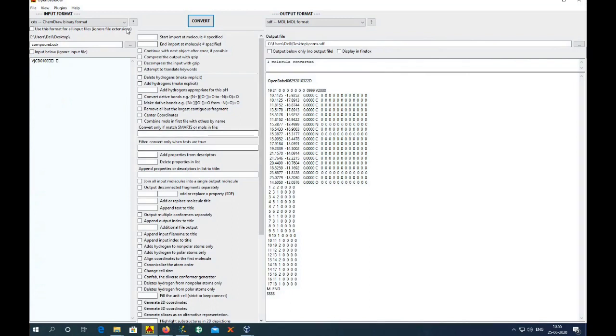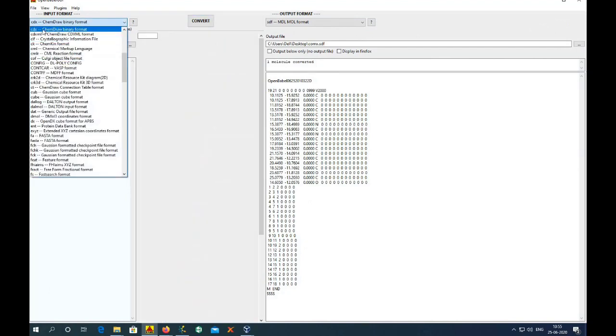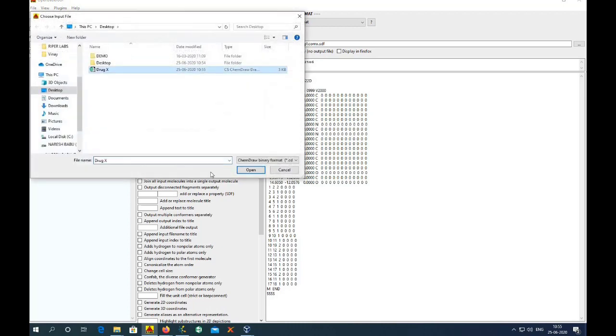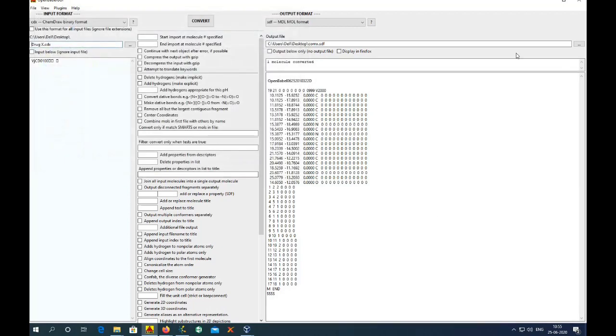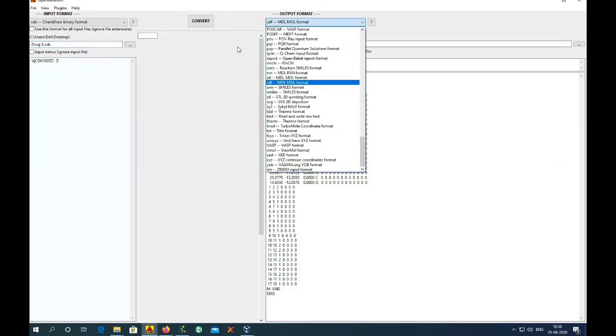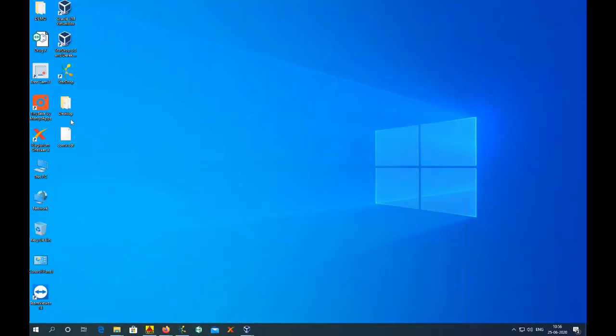Here I am giving the input of the CDX file we created by selecting the CDX format, and we should give the output file. The format is SDF format, and I am giving the output name also, and it is converted to an SDF file, that is structure data format.